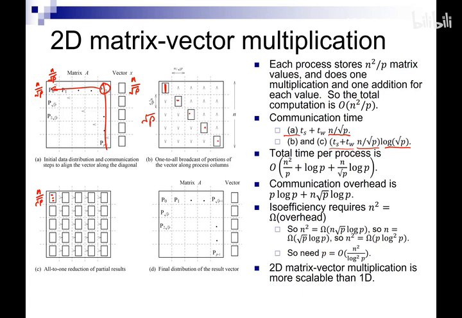So this can basically scale up to almost n squared processors. Even when you have almost n squared processors, you can maintain isoefficiency. Whereas for the 1D algorithm, you can only maintain isoefficiency up to order n processors. So this 2D algorithm is more scalable, and the basic reason